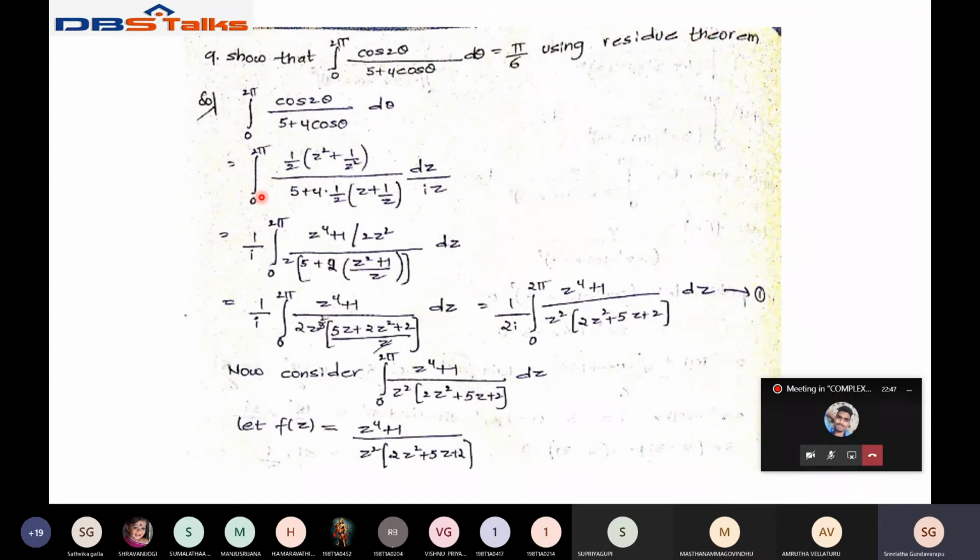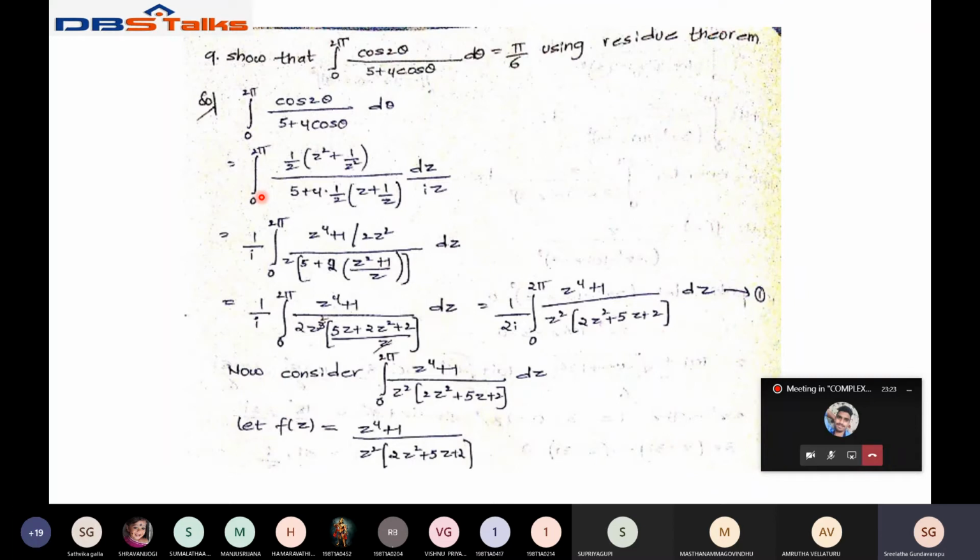So that equals 1/i times the integral where the numerator is (z⁴ + 1)/(2z²), and the denominator is 5 + 2(z + 1/z), dz. So that equals 1/(2i) times the integral of (z⁴ + 1) / (z²(2z² + 5z + 2)) dz. That is equation 1. Now we have to find in equation 1 the integral of